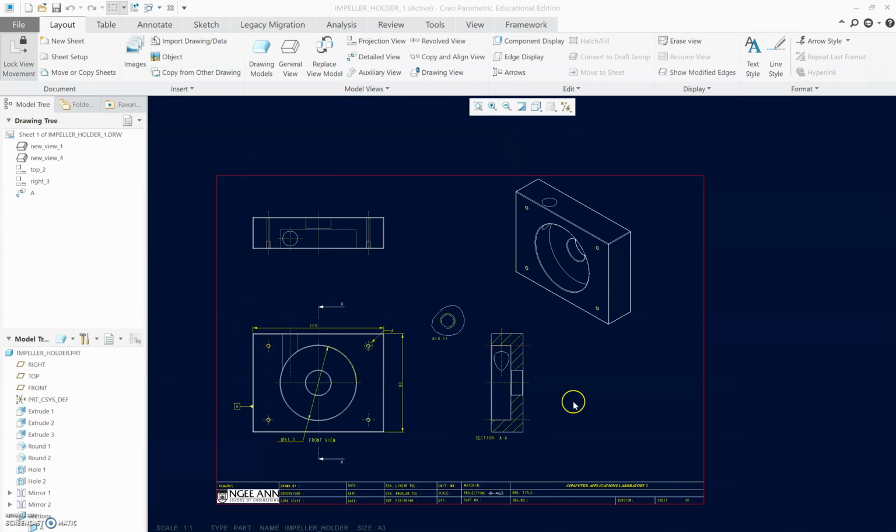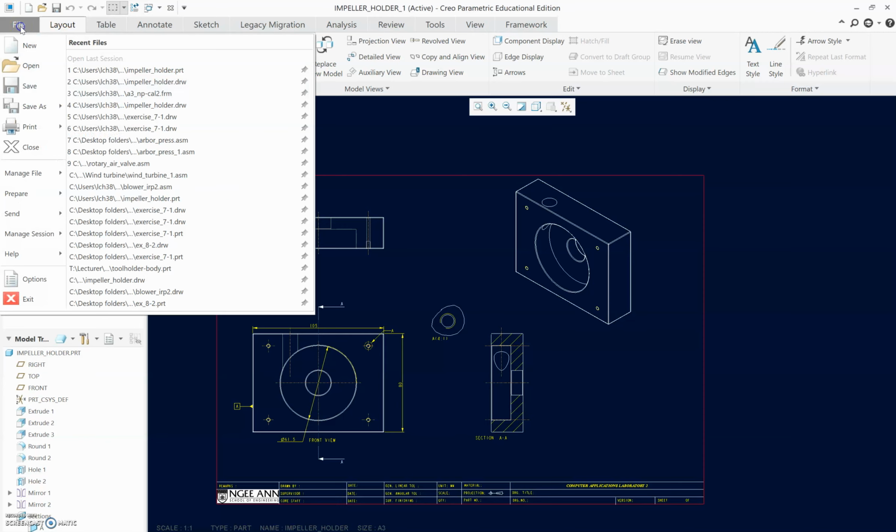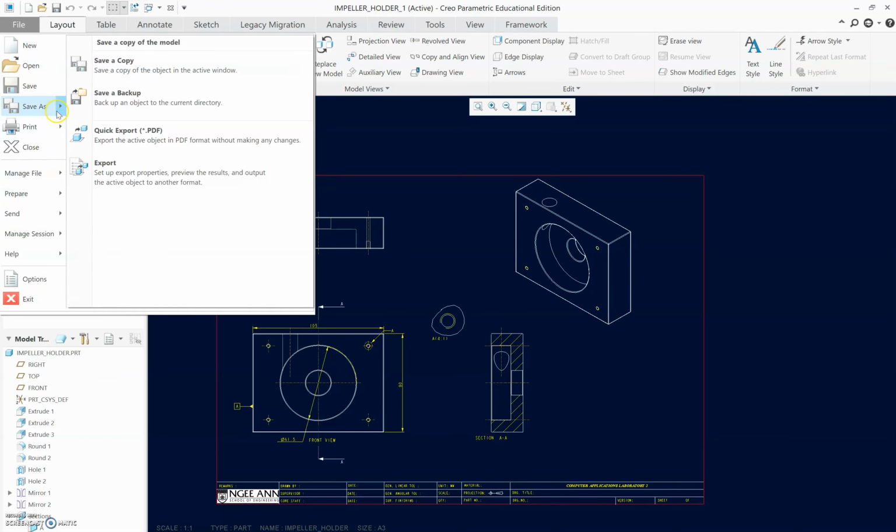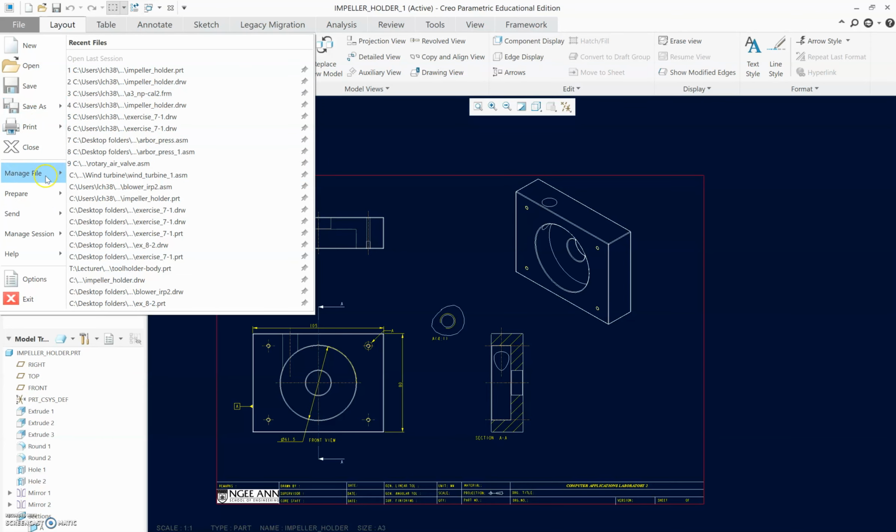Next, we will create the PDF. There are a few versions, so I will show you one of them. Go to Save As, and you can go to